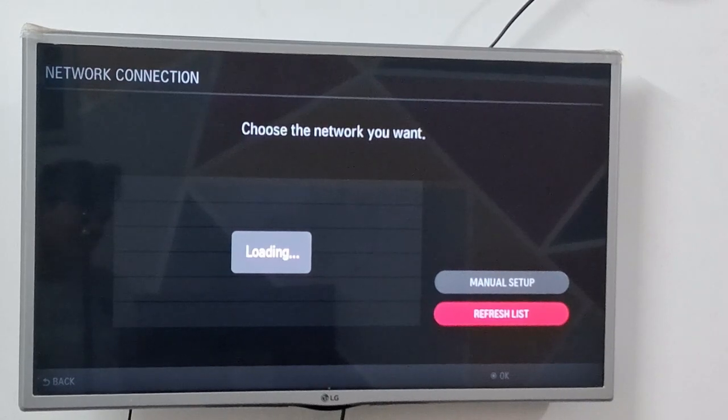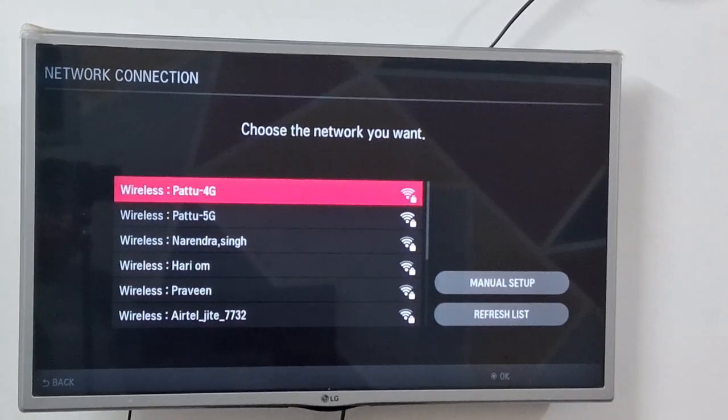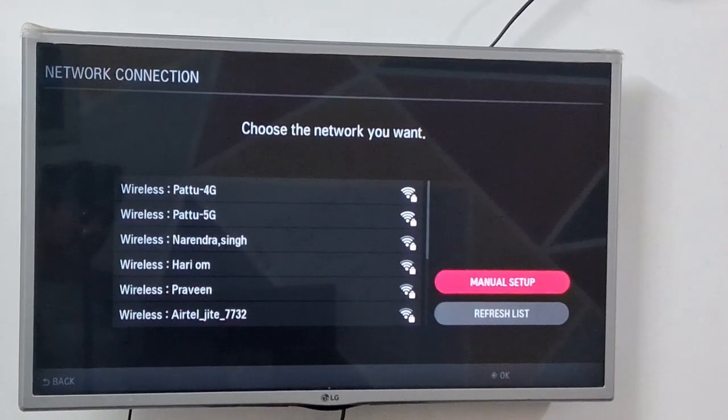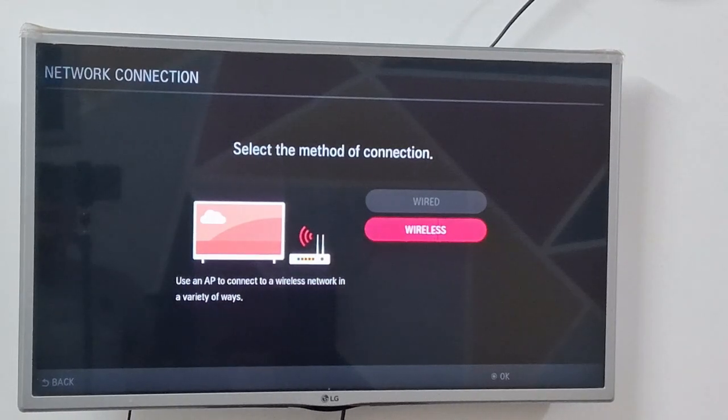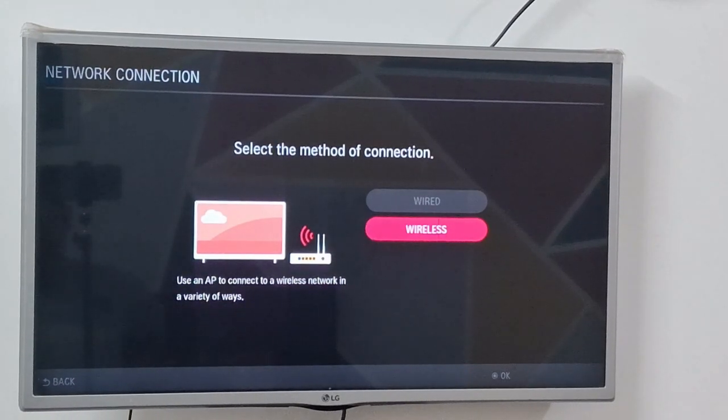settings. You can choose any other internet connection from here, or you can do one thing, you can set it up manually. So there is an option to connect your internet manually as well, because sometimes manual connection solves